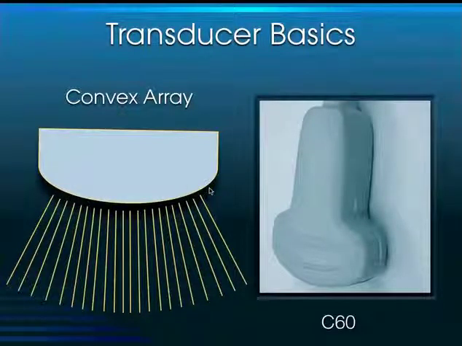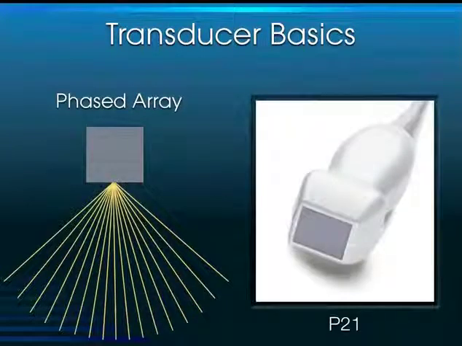Notice that anytime you're working with an array, the edges of the image splay out from one another and you lose a little bit of lateral resolution. So it's important whenever working with an array transducer to try to center the structure that you're looking at down the center of the screen, to take advantage of the fact that the scan lines are a little bit closer together. Now it's not so much of a problem with the C60, but when you get to the phased array transducers where all the sound comes from a single source, then the edges splay out from one another a little more,